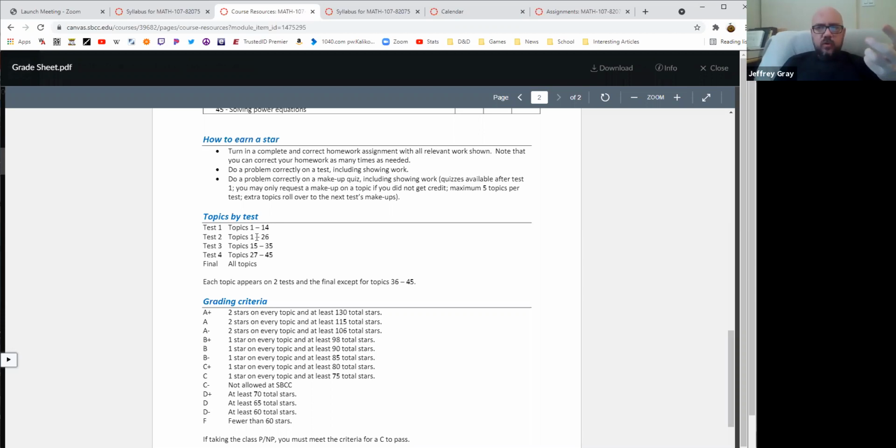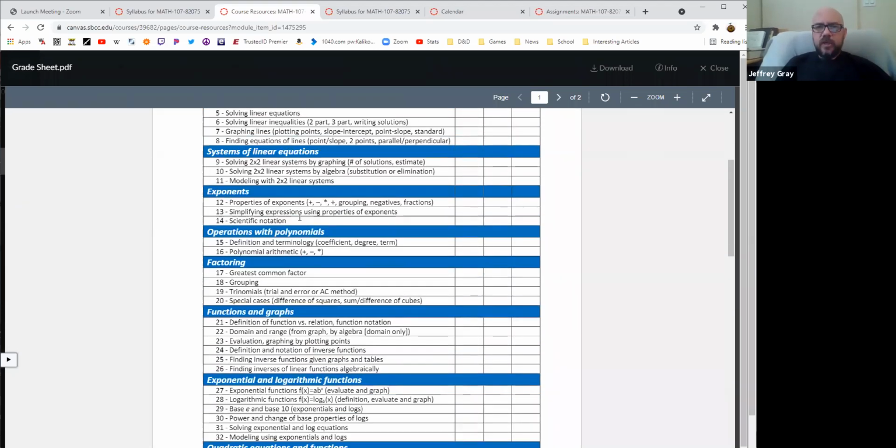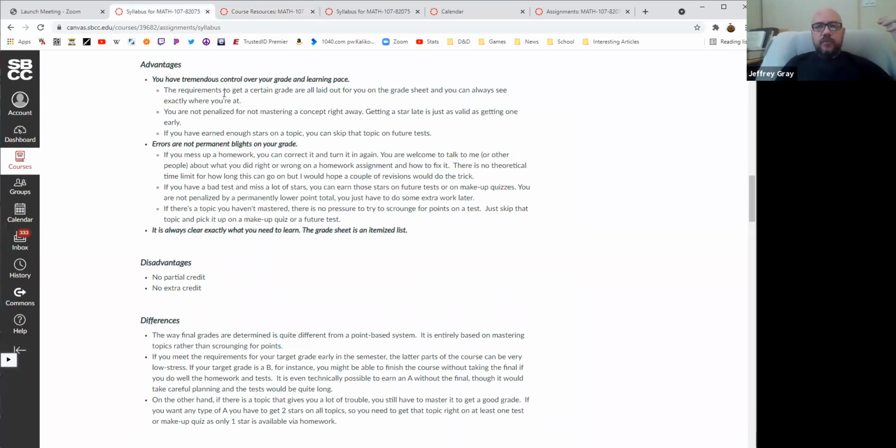So you have a lot of control over when you are doing a topic. You don't have to do it on the first time it's available on a test. I would recommend that you do, right? Tests are basically a huge opportunity to pick up a bunch of stars at once. That's where you demonstrate mastery, is the tests. But if there's one that you can't do, don't do it. Get it at a different time. Pretty straightforward. So that's maybe my favorite part of mastery grading. You get to control when you are picking up your stars to some degree, right?